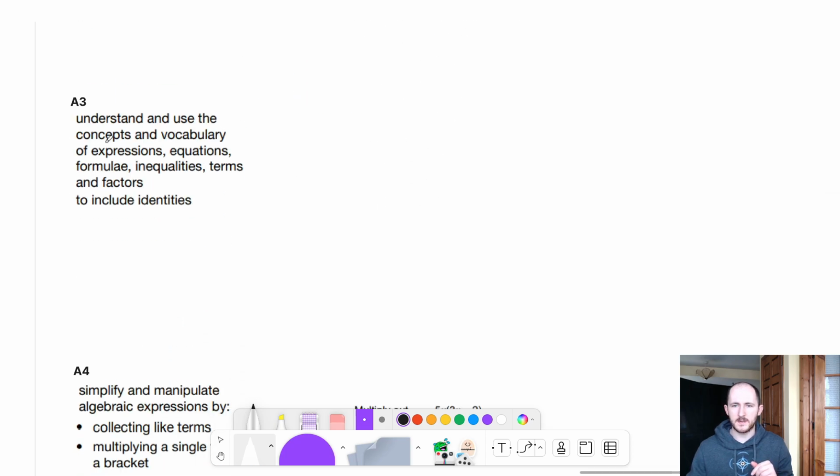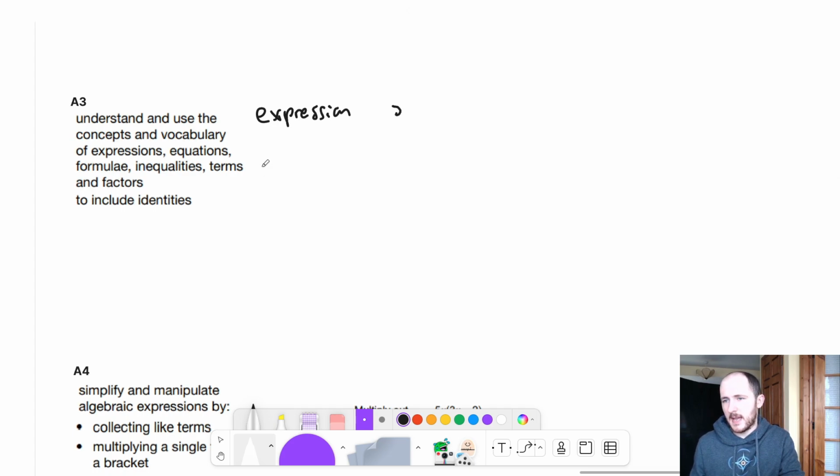So understand and use the concepts and vocabulary of expressions, equations, formulae, inequalities, terms, factors, and including identities. So, first of all, what is an expression? An expression is something that has multiple terms in it. So, for example, you might say